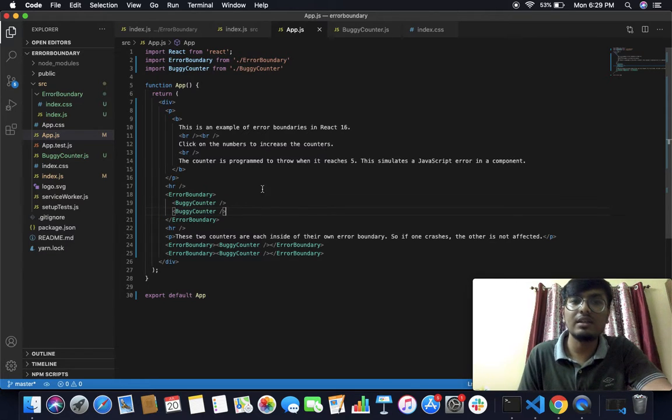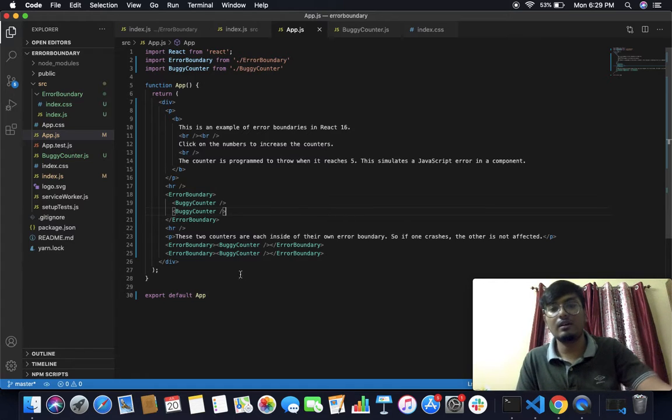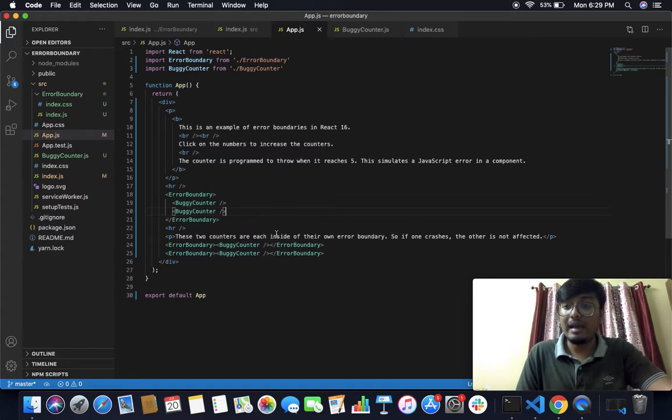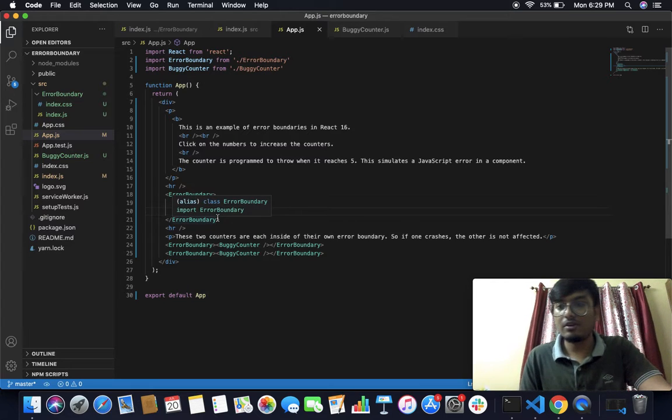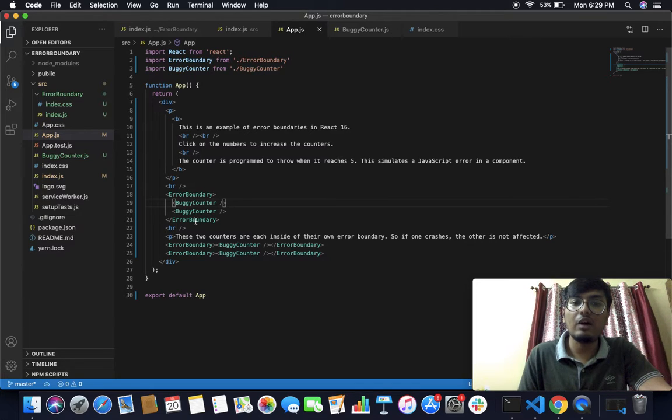What I have done here is, as I tried to show you, sometimes the entire app must not be affected. If only one component fails, that means your entire app will fail. That's wrong, right? So anyway, error boundary. How have I done this?